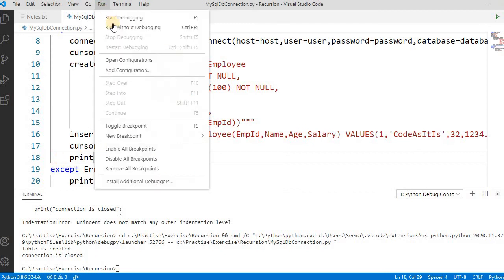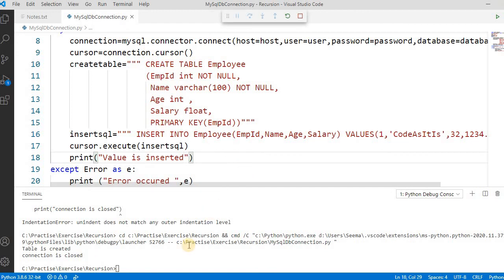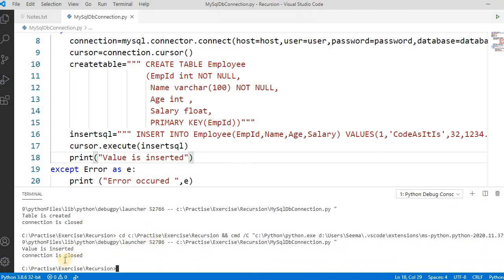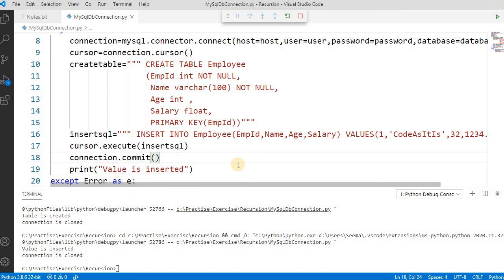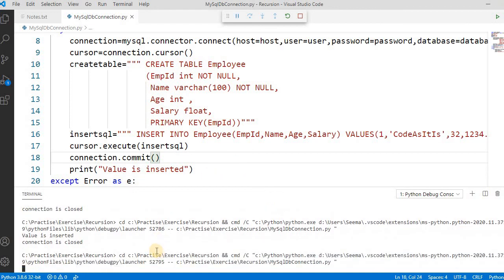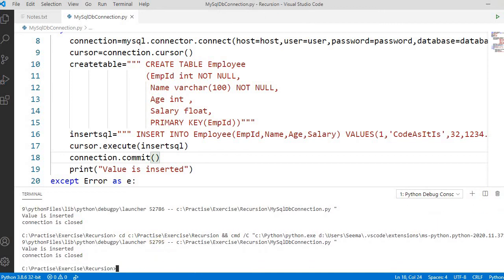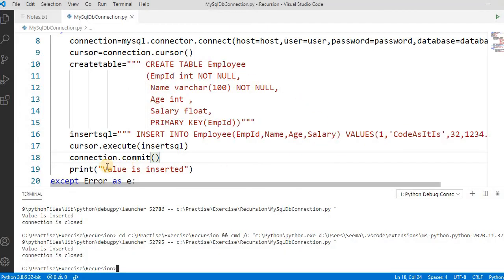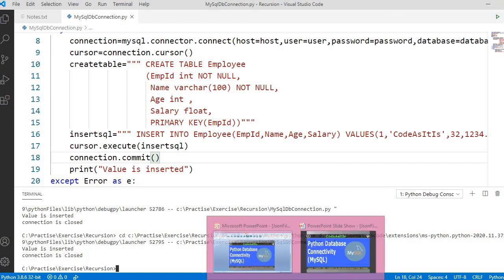Okay, if you run here, see, value is inserted, saying value is inserted, connection. Okay, now if you see here, 32 and 1234.5, that's what we have inserted. So unless you do the commit, it will not insert. Okay, that's the basic example.